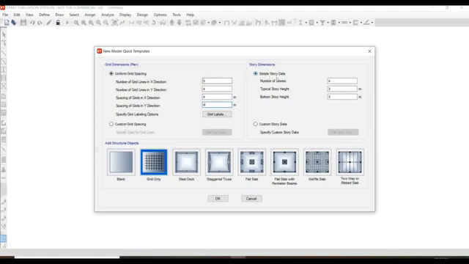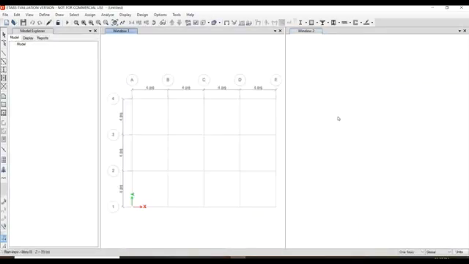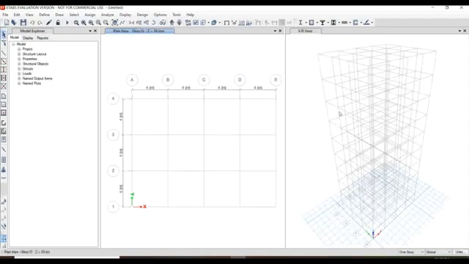And also the story data. We want a high-rise building, so we want at least 10 stories, with each story height of 4 meters and the bottom story height as 3 meters. It's okay. Then select grid only and click OK. Then you can see the model of our structure as presented. This is just a line diagram with no materials and no